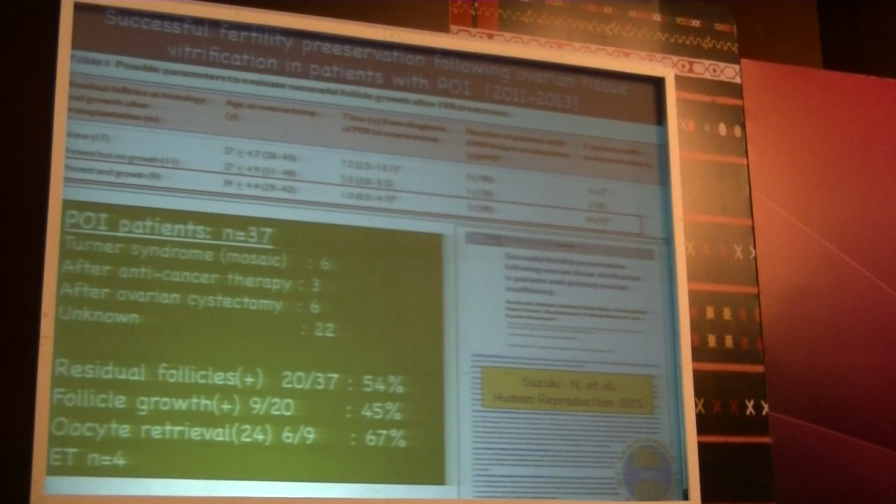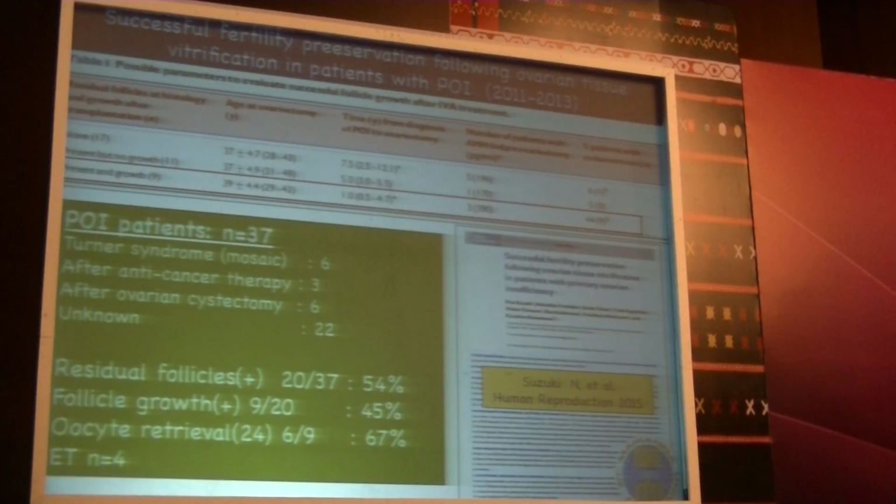You can see the disease of the patients in this slide. Among 37 patients, 54% had residual follicles based on histology. Among patients with follicles, 9 out of 20 showed follicle growth in autografts of vitrified solid ovarian tissue, with 24 oocytes retrieved from 6 patients. As shown in this slide, based on the clinical data and patient's history,